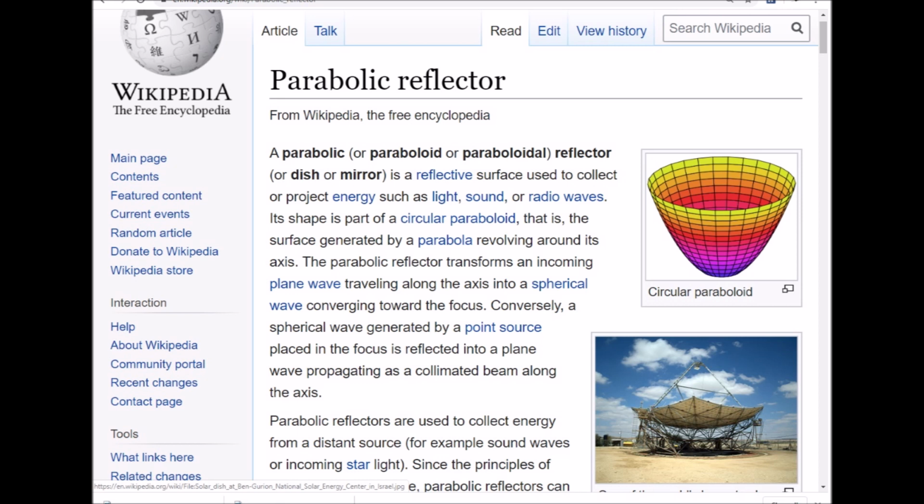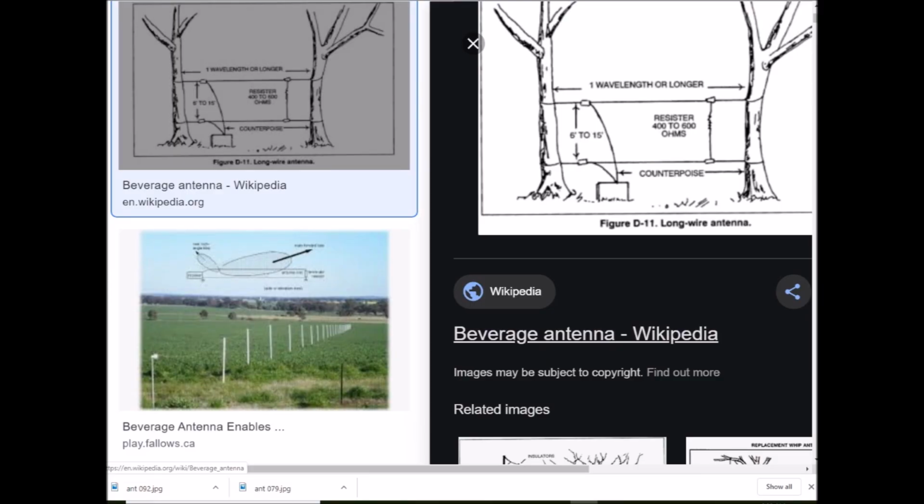Greater directionality can be obtained using beam-forming techniques such as parabolic reflector or a horn. Since high directivity in an antenna depends on it being large compared to the wavelength, narrow beams of this type are more easily achieved at UHF and microwave frequencies. At low frequencies, such as AM broadcast, arrays of vertical towers are used to achieve directionality, and they will occupy large areas of land. For reception, a long beverage antenna